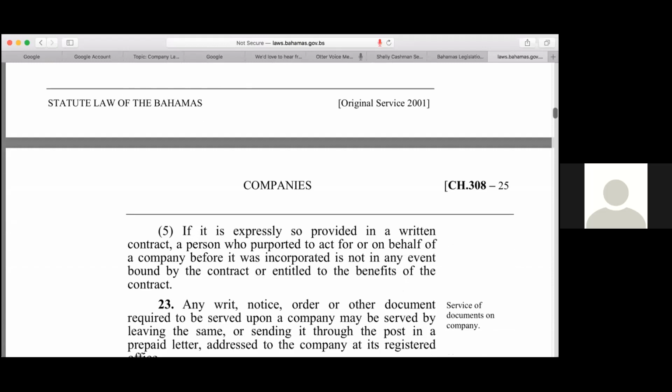So a lot of people don't realize that when you go around and you're doing what we call the preparatory work for a company, and you start entering into contracts to make repairs, entering into a contract for the electrician to come, entering into a contract for ordering cars, if those contracts are not ratified by the board after its incorporation, that promoter is personally bound by those contracts. So even though you are a promoter, you can still make a profit.